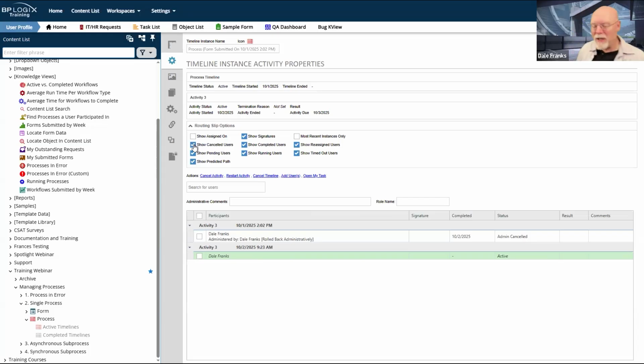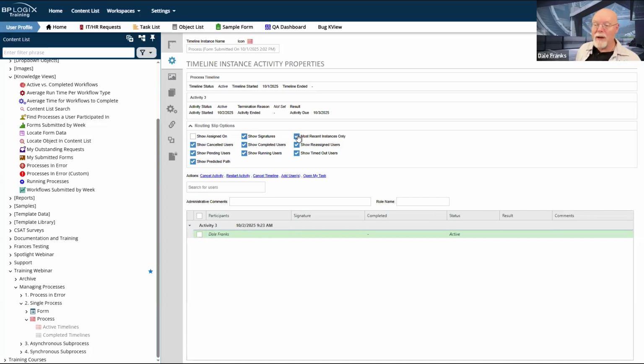And if I recheck that, it still appears in my routing slip, and I have the same sort of options here about what to show. I can show the most recent instances only, which now is again removing the canceled user, but not because it was canceled, but because it was a previous iteration of the activity. So let's say I had not canceled activity 3 previously.